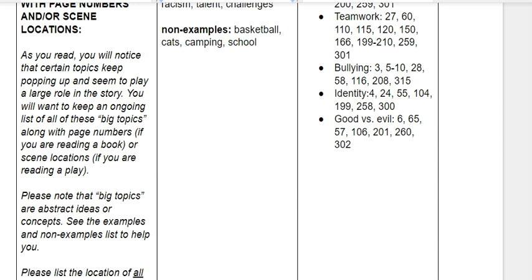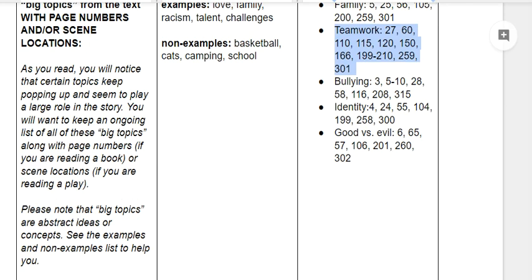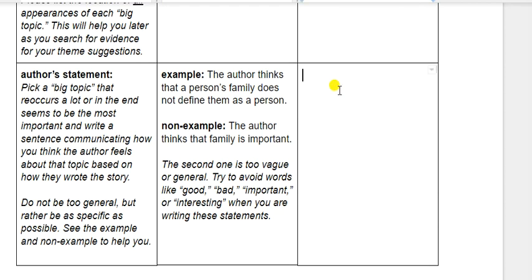So let's see. If I were to go up here and pick from one of these, ultimately I might pick teamwork. Okay, I might say teamwork, it either has the most citations here, or by the time I finished the book, I thought, really, J.K. Rowling, the author of Harry Potter, is making a big statement about teamwork and its importance. So what would I say? What would I say that J.K. Rowling, I could use her name specifically if I know the author, which of course I do, J.K. Rowling, or the author,